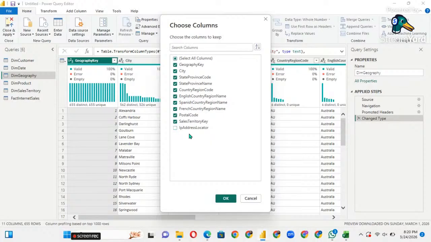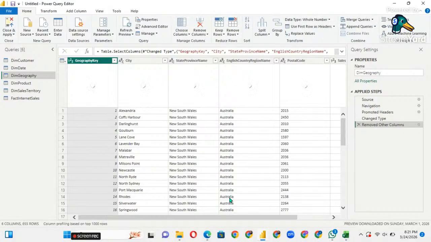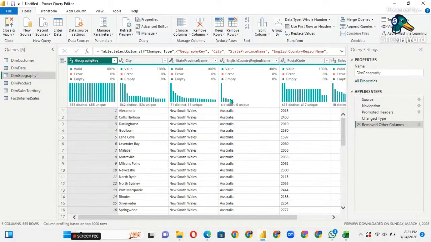So I may not need this IP address, French country name, Spanish country name. Let me remove those ones. State, province name, country, region code. I do not need that code. Country, region name, and all of that. Province code, I do not need it. So let's just leave it like that. And then let's see, we have